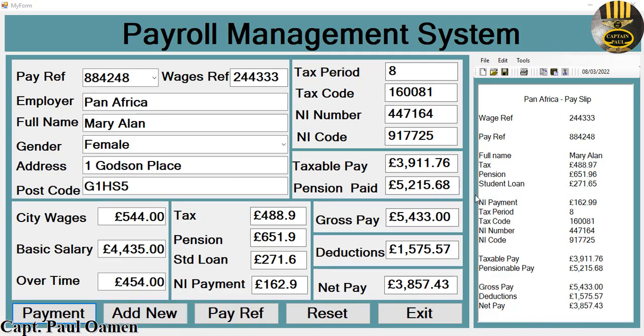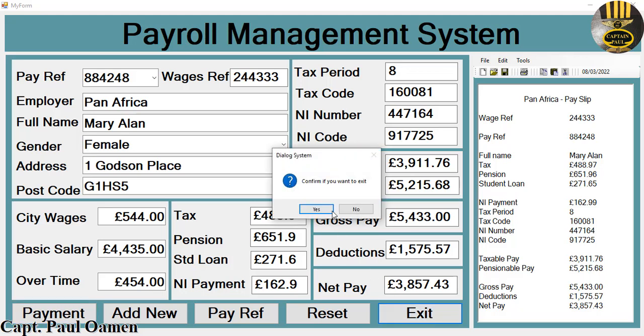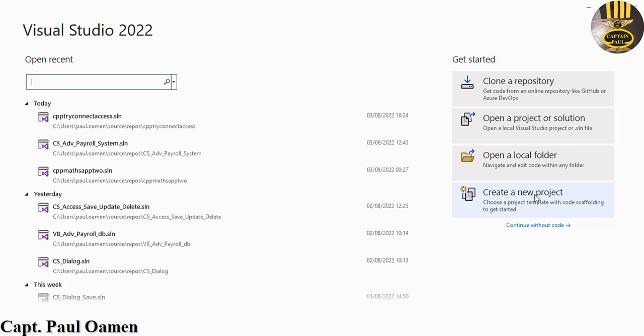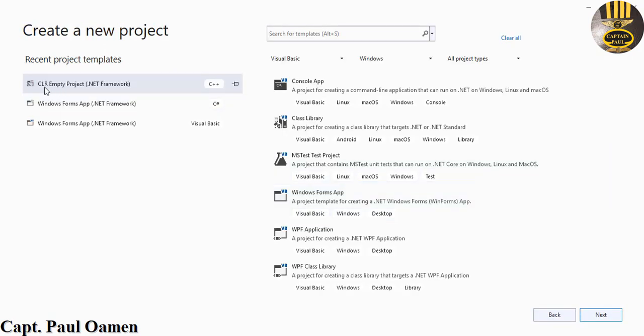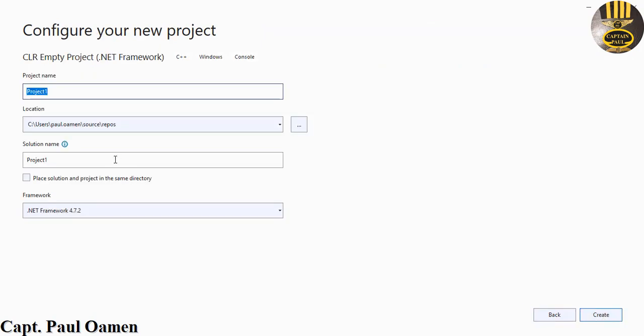Okay guys, let us start work with a new Visual C++ payroll management system project. So I'm going to exit out of here, click on yes, and I'm going to click on new project, and let's select CLR empty project .NET framework C++. Click on next and give that project a name. I'm going to call it CPP